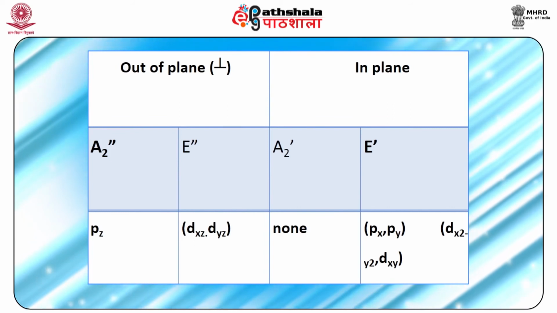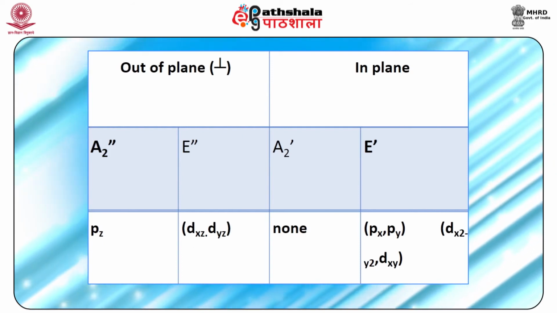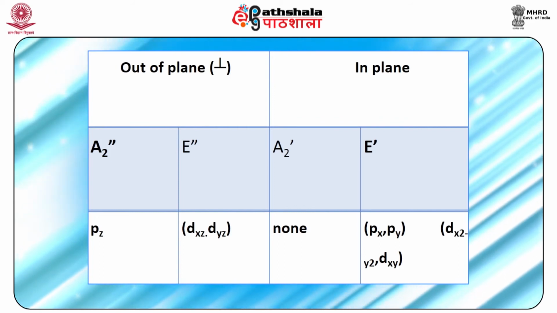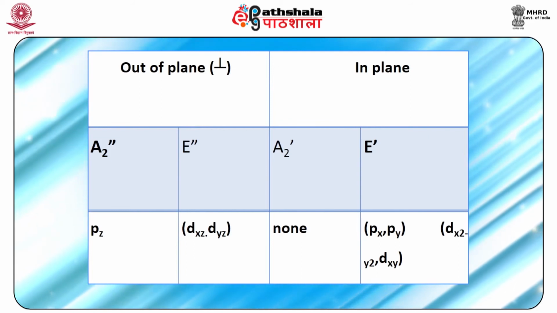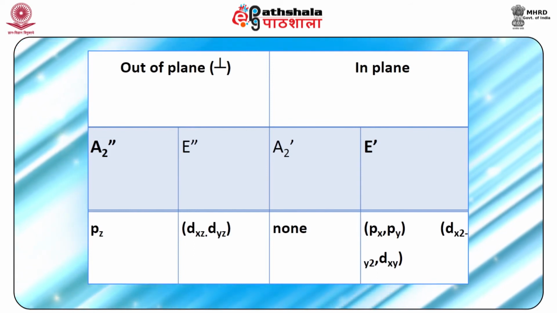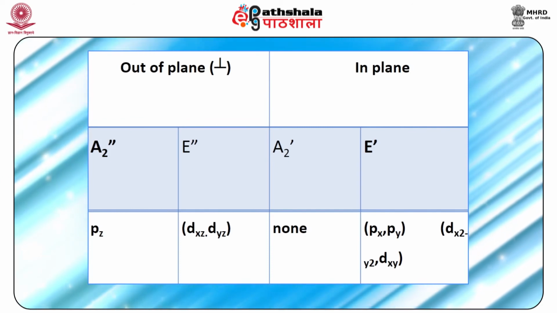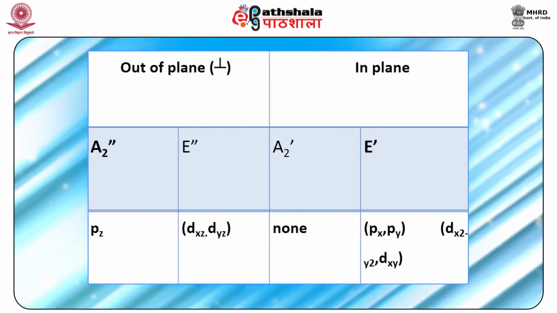in the BCl3 molecule. For formation of three pi bonds in the plane of the molecule, we must have atomic orbitals of boron with symmetries A2 dash plus E dash. There is no atomic orbital on boron of A2 dash symmetry, but there is a pair of orbitals, either Px, Py or dx square minus y square, dxy, which have the right symmetry of E dash.